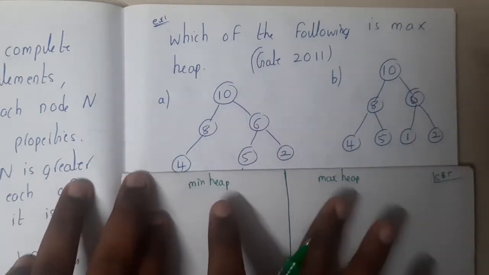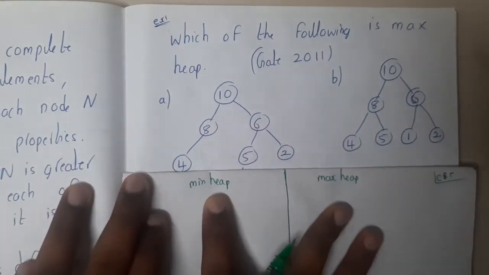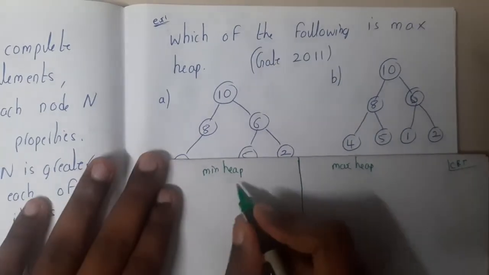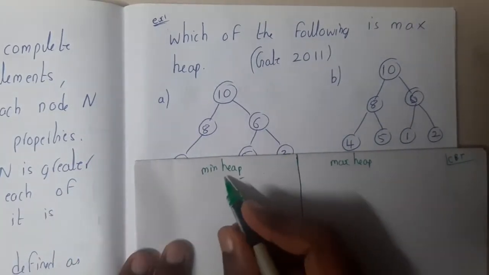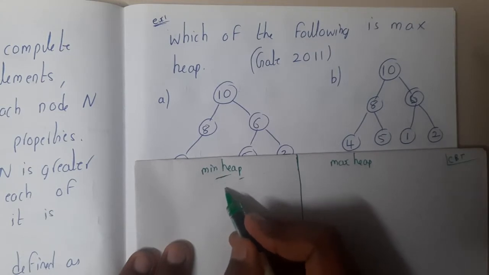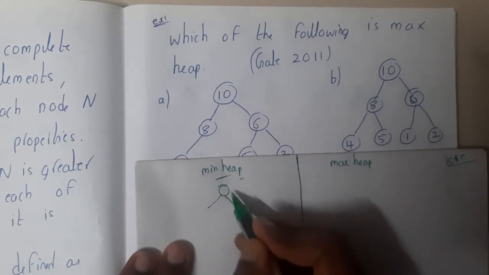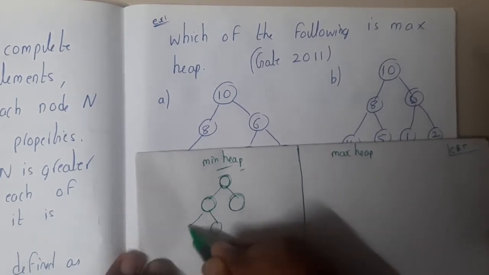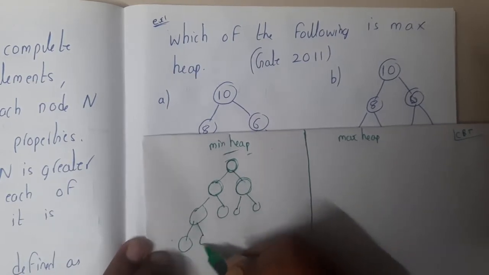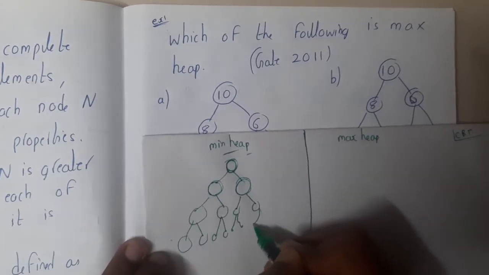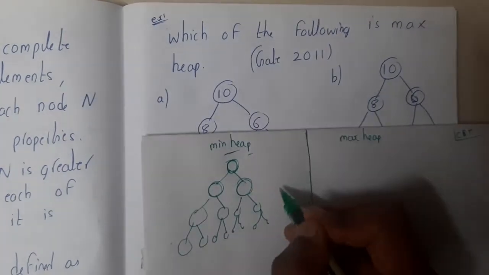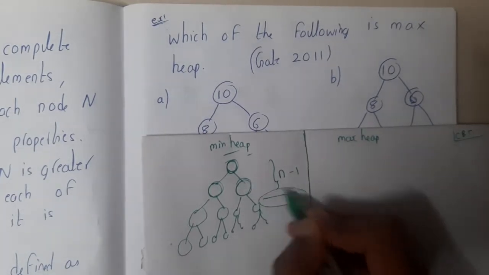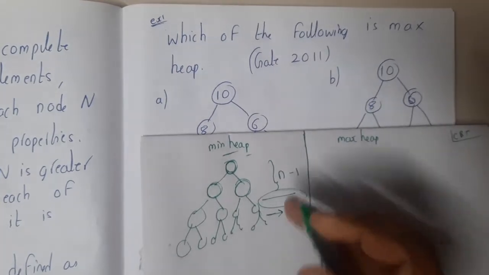Heaps are of two types: min heap and max heap. So what is the concept of min heap? Whenever a parent is there, the parent should be less than the values of its children. In this way the structure should flow, and the structure should follow the complete binary tree format. If you are working on n layers, all n minus 1 layers should be filled, and the nth layer should be filled from left to right. That concept is nothing but min heap.